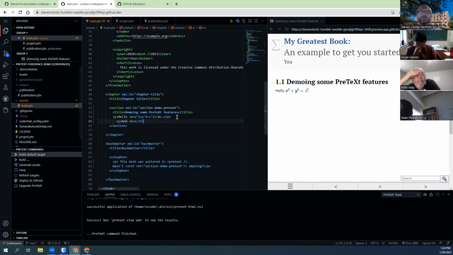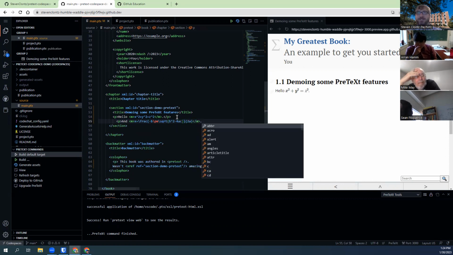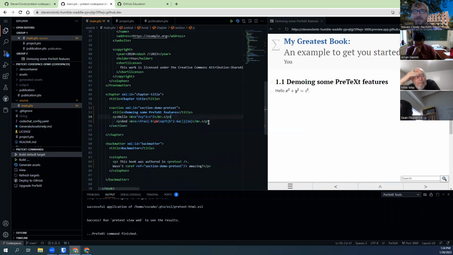What is it? x equals negative b plus or minus the square root of b squared minus 4ac, all over 2a. I became a mathematician because I didn't want to memorize that. So I wanted to figure it out on the fly if I needed it. And now I've used it so many times. That should make, if I rebuild, a display math equation,